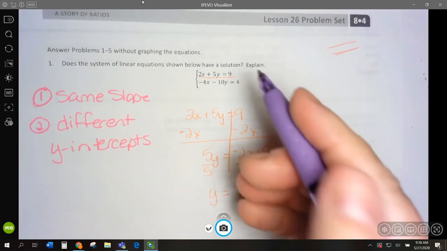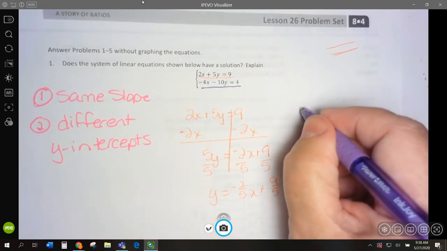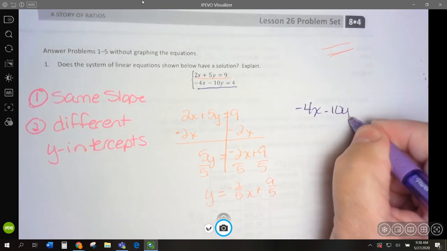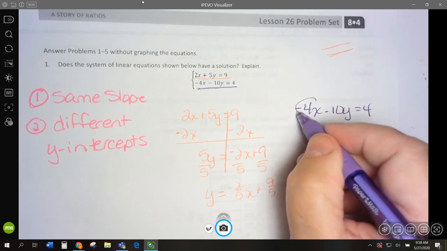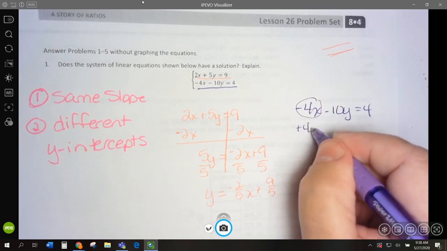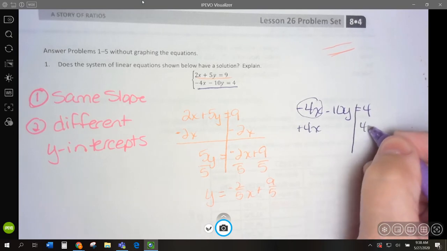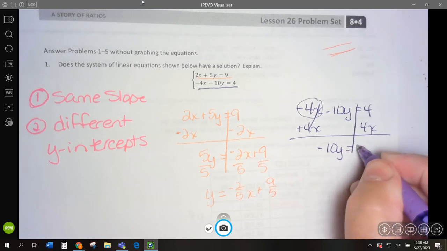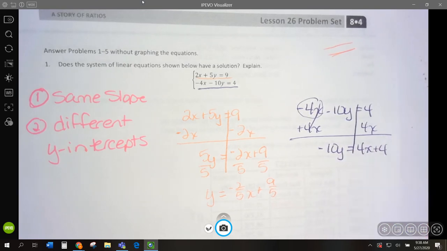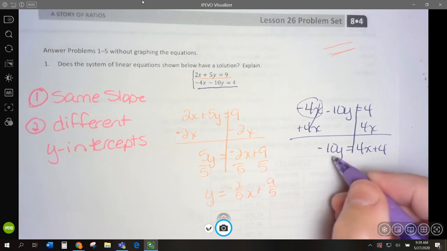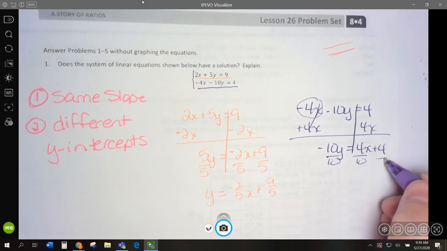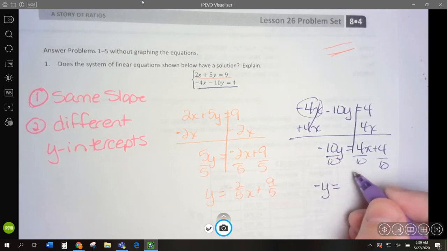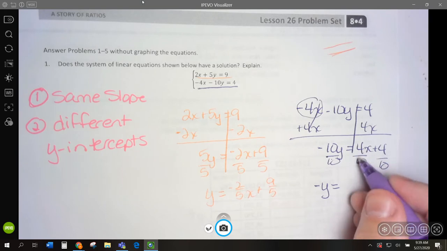Now let's do this one: negative 4x minus 10y equals 4. Because this is negative, I'm going to add 4x to both sides. And I'm going to get negative 10y equals 4x plus 4. Now I need to divide everything by 10. And I'm going to get negative y equals 4/10